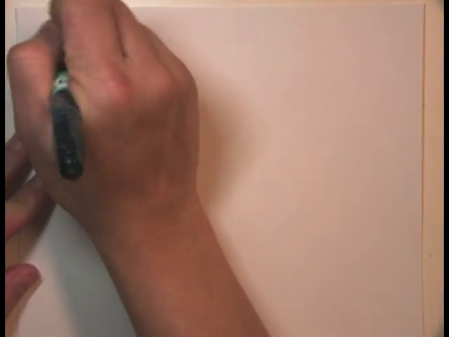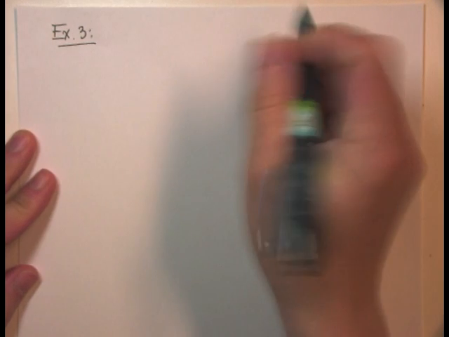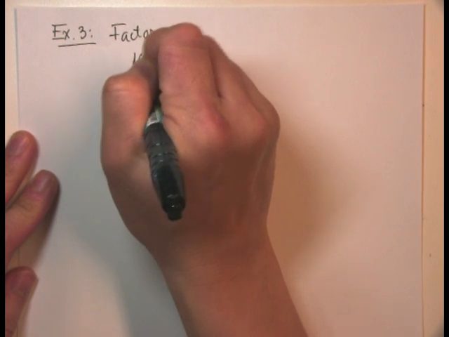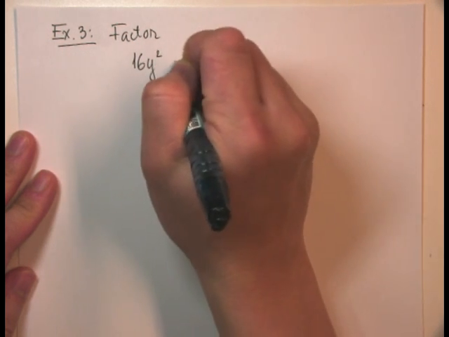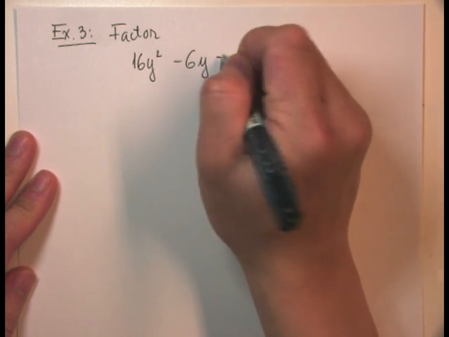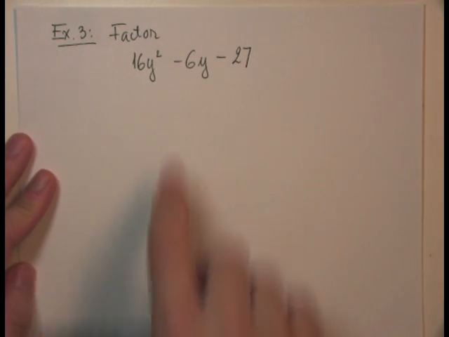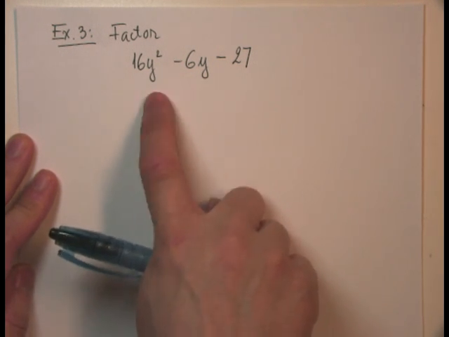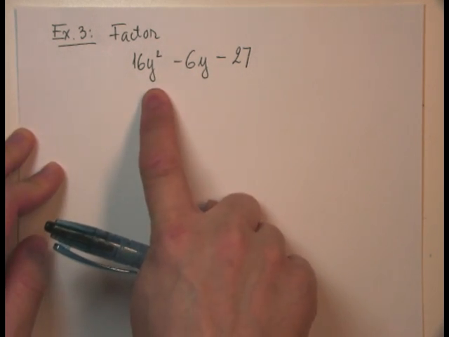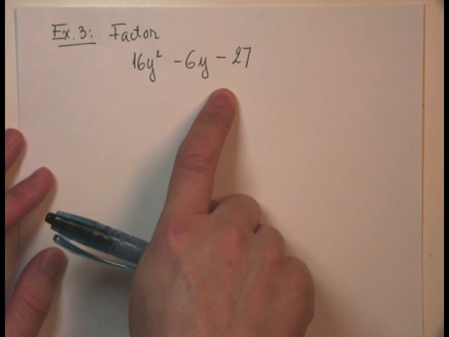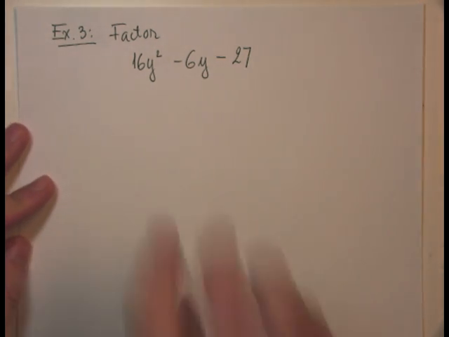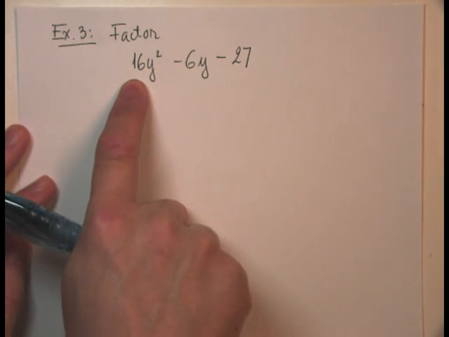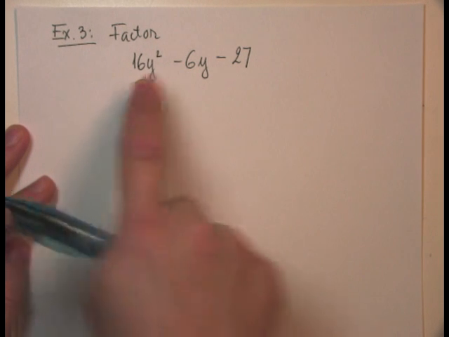Okay, so in example number 3, we want to factor 16y squared minus 6y minus 27. And I just want to point out that the variable of the quadratic doesn't always have to be the x. Here I'm using the y as the variable for the quadratic, but still, as long as it's a quadratic expression with a leading coefficient other than 1, and here in this case it's a 16,